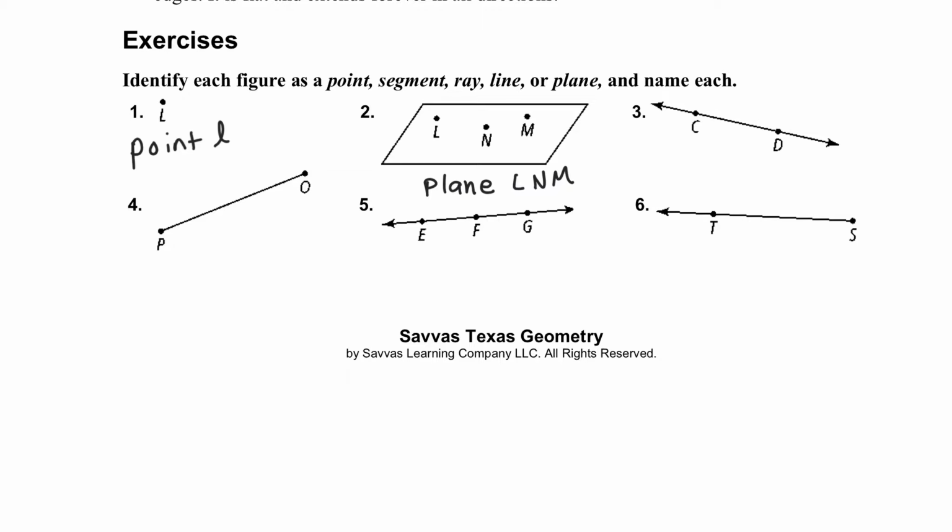Number 3, we have line CD. And once again, there's a different way to name this line CD. Number 4, this is line segment PO. And there is another way that you can name this line segment. Number 5, this is a line, and you can name it EF, but there are other ways that you can name this line. Number 6, this is a ray,